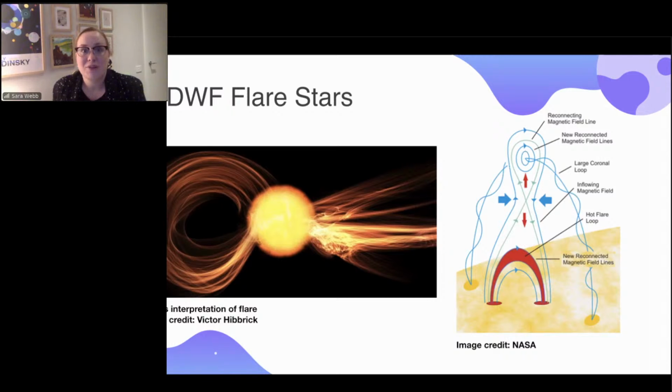And so this is a really cool question and problem that I am interested in, and I like to think about, because I think it is fun to think that, oh my goodness, 50% of stars that could possibly have life, it could be hindered by these flares. But when I get to it, it also could help life as well.